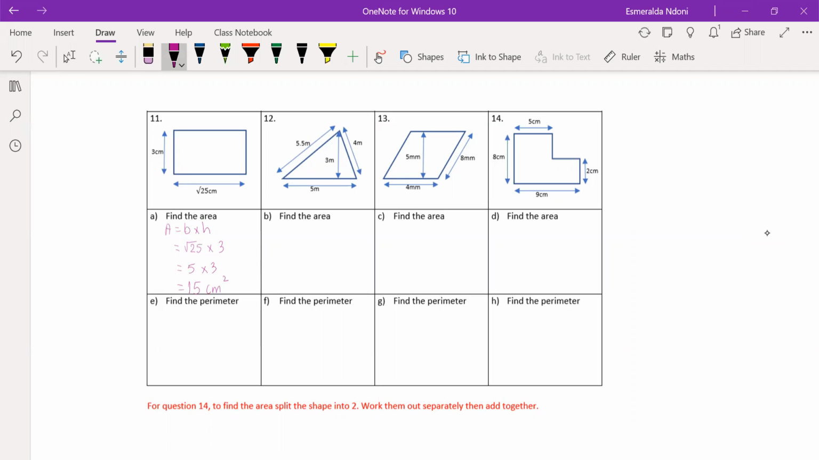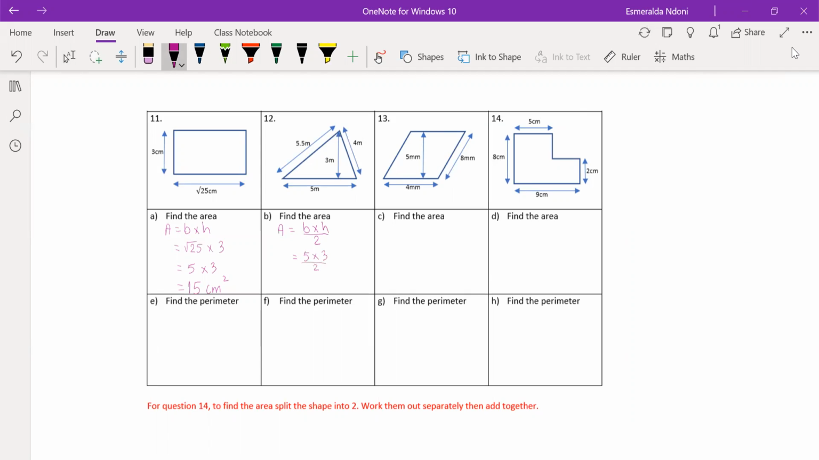That's all finished. Question 12b, find the area. Now you ask yourself what shape it is. It's a triangle. Formula for area of a triangle is base times height over 2. I need you to write the formulas down. Now we substitute. Base is 5. Height, don't get confused with all of these numbers. The height is the one that meets the base at 90 degrees, the one standing up straight. So that will be the 3